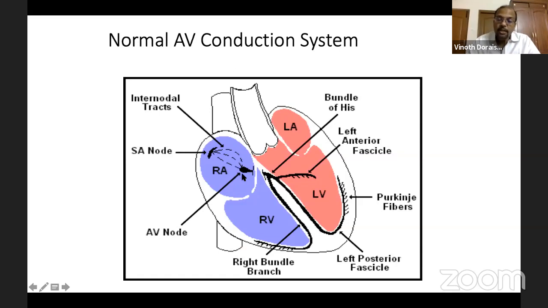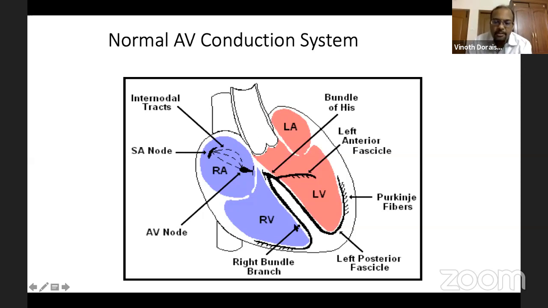The AV node and the His bundle will pierce the central fibrous trigone, then it will pierce the membranous septum. After it pierces the membranous septum, it will come to the crest of the muscular septum, where it will divide into two bundles. One is the right bundle and one is the left bundle branch. So the right bundle branch will go on the endocardial surface of the right interventricular septum, and it will form